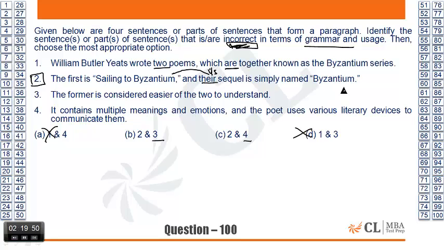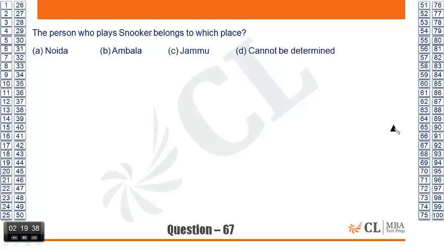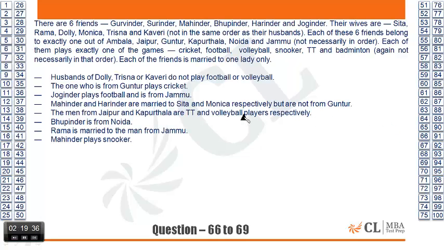Which one was it? I'll do 66 to 69. So let's see, where is it? Fifth. What was it? 66 to somewhere, 66? No, this one only. Yeah. Okay, one of the things I have to do is be very careful. Don't panic. There's no problem. Do it calmly. Okay, let's see what it is.